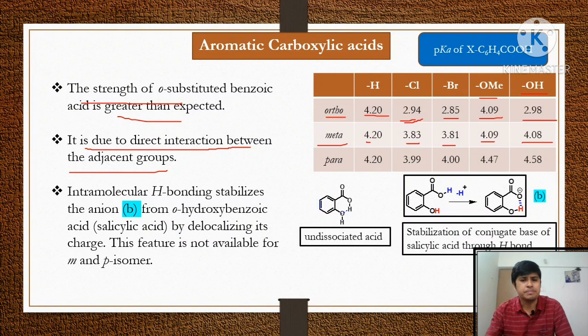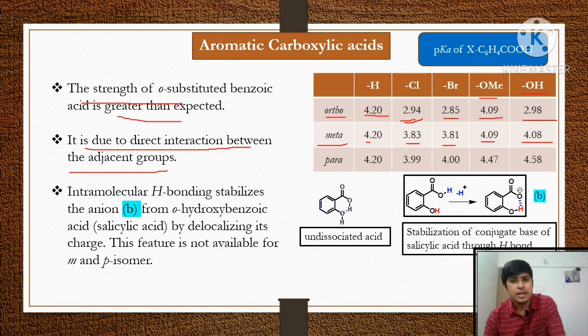Okay, now see, next here we can say that for the para series, benzoic acid is 4.20. Parachloro is how much? 3.99. It is still stronger than benzoic acid because the chlorine atom is playing the dominant role of stabilizing the conjugate base and release of proton. Bromo is again still stronger than benzoic acid because the bromine atom is playing its role of stabilizing